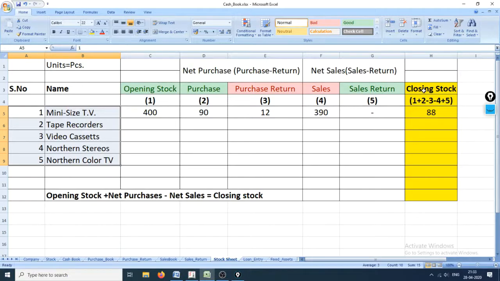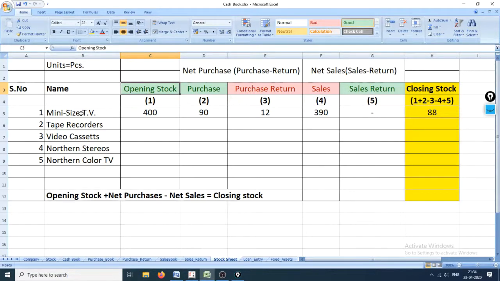So this right here is closing stock. Now, what is closing stock? Closing stock is the stock in hand at the end of the year, and opening stock is the stock that is in hand at the opening of the year. As we move forward, I'll tell you how to calculate closing stock, which is quite obvious, but this is a very important concept, hence we should give it time.